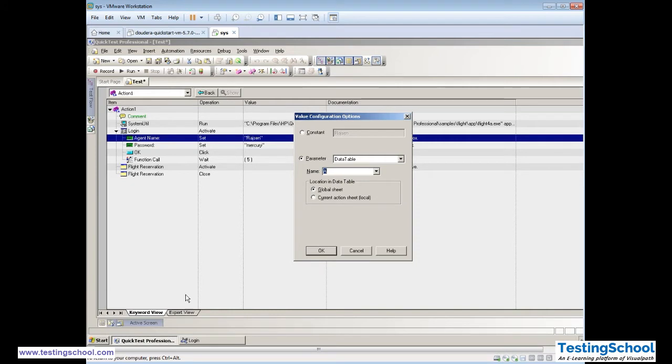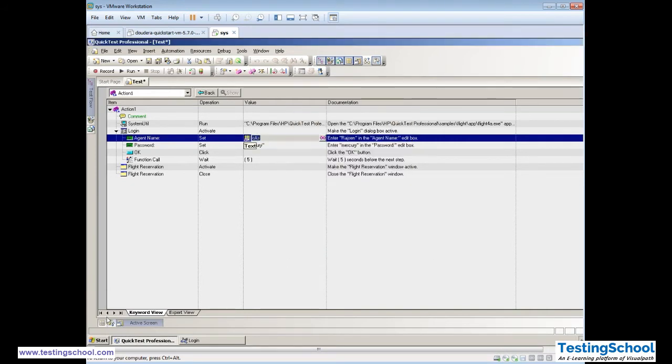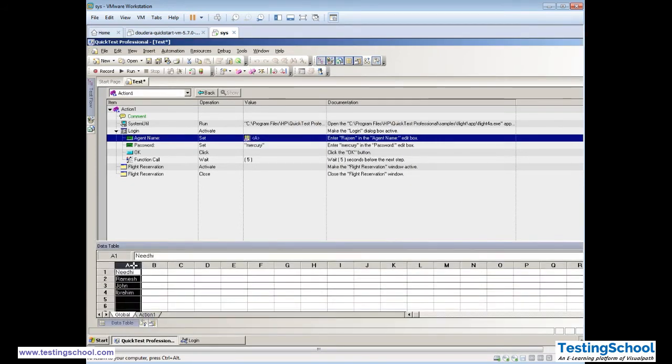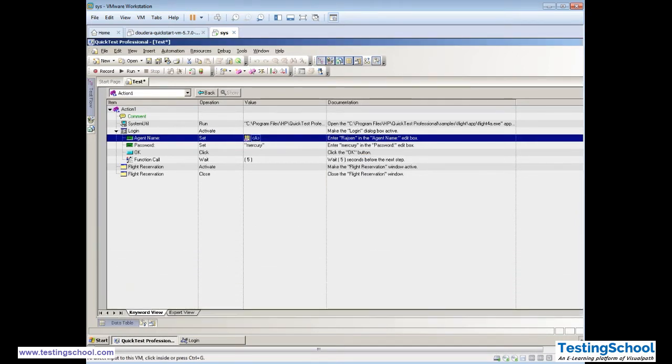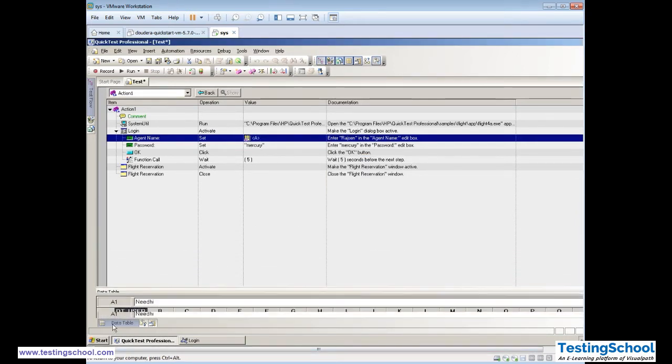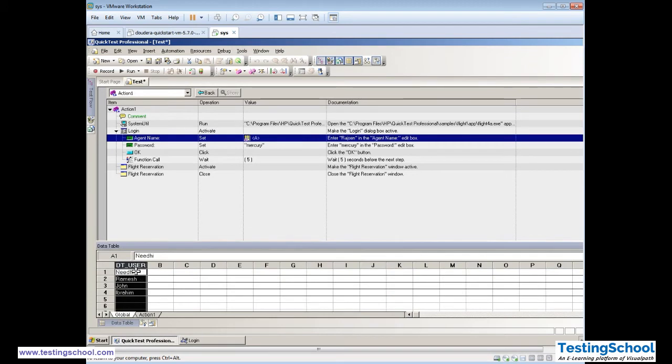Suppose let me check it out. Okay, we will give it user, so you can give it as dt underscore user. Now see, the data table is reflecting as meaningful name, dt underscore user.